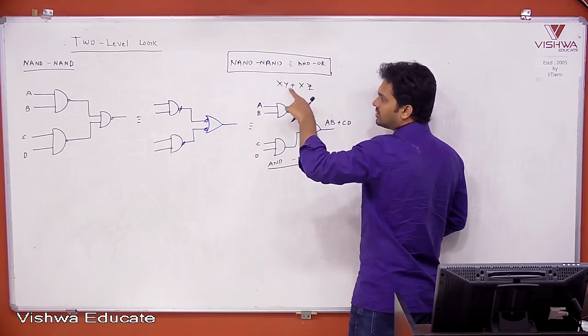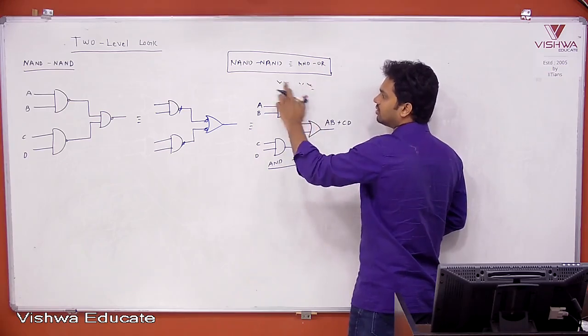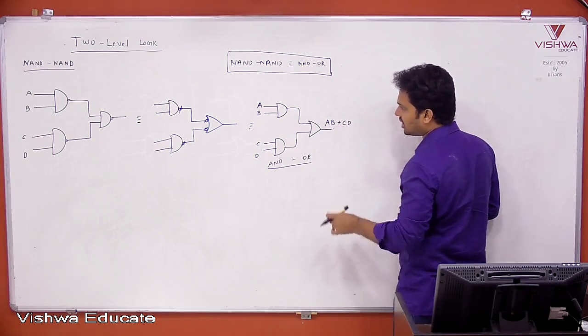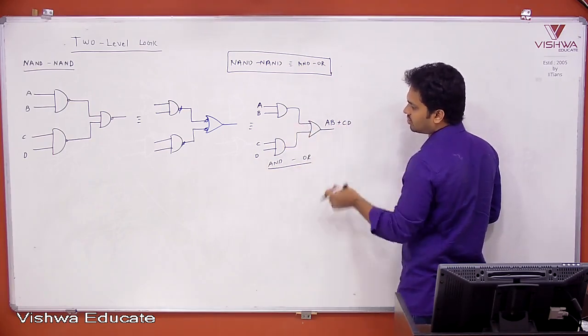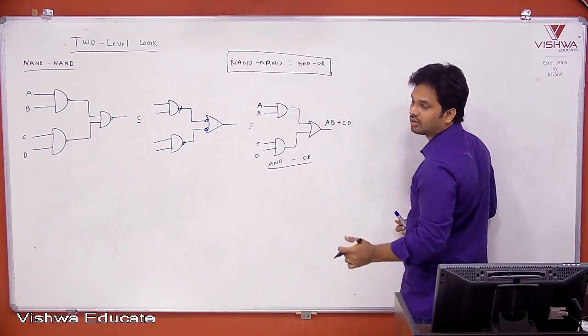So how many NAND gates are required in this case? For example, the examiner gives you AB plus CD and asks how many NAND gates are required to make it. How many are required? 3 are required. So any AND OR function can be replaced blindly with NAND followed by NAND. Similarly,